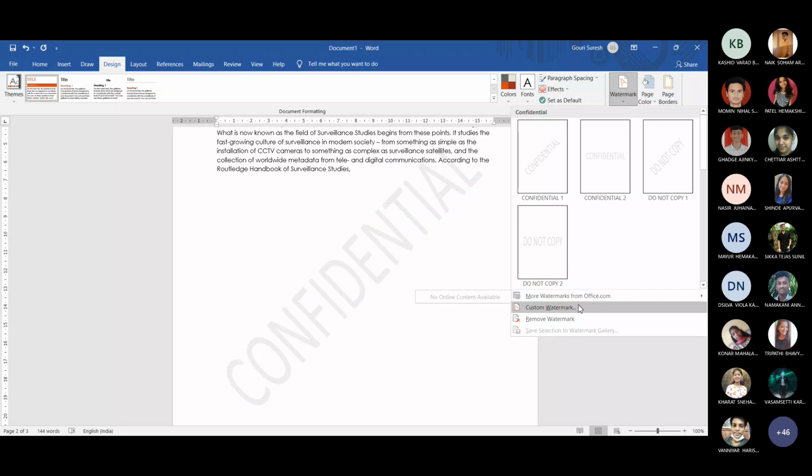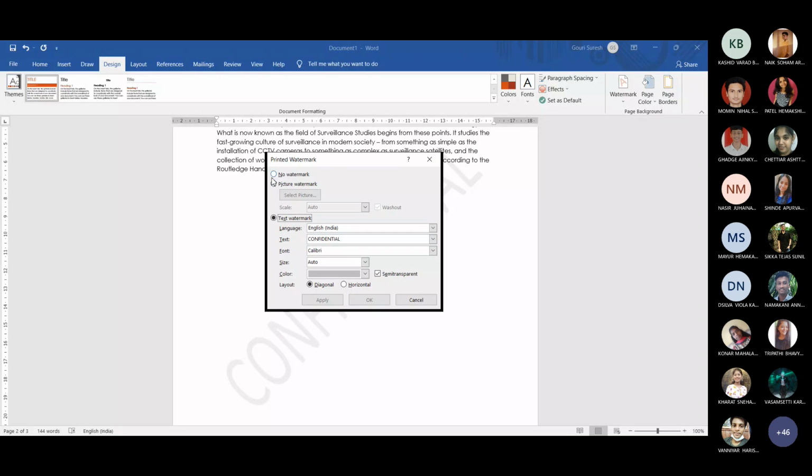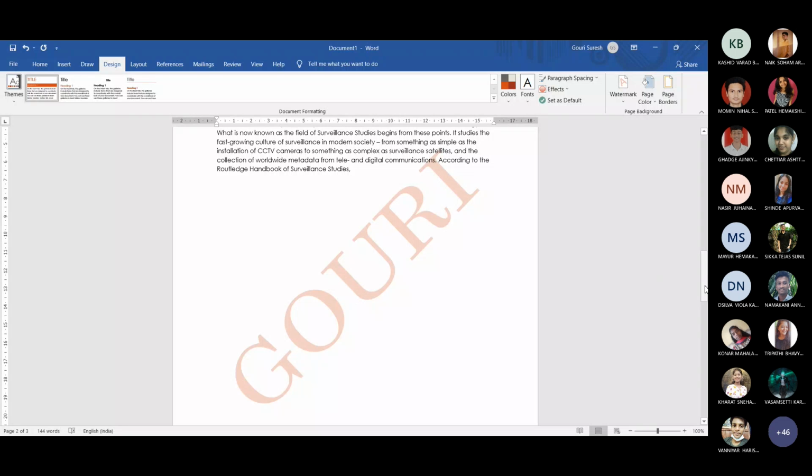You can even customize the watermark like this. Okay, you can even add a picture. You can go to your hard drive and pick a picture. Okay, I want a text watermark, and I want it to be in a different font. Okay, I like Century. I always use Century, so there we go. I can choose the color of the watermark. Okay, and I want it diagonal and semi-transparent, and I say okay, there you go, my watermark is now visible